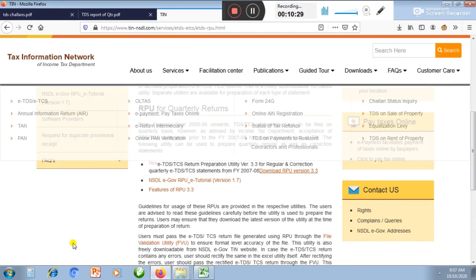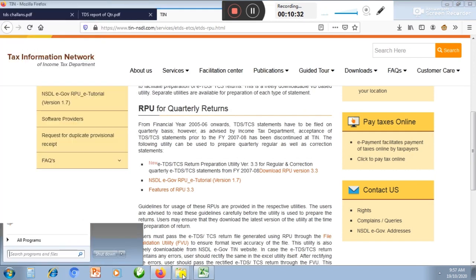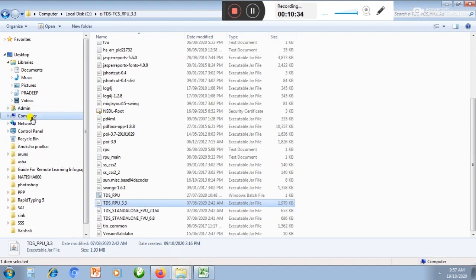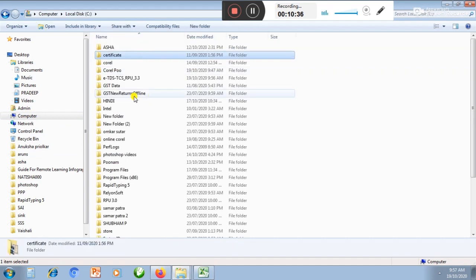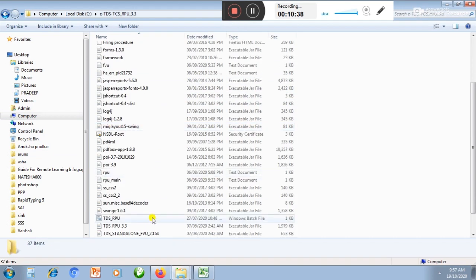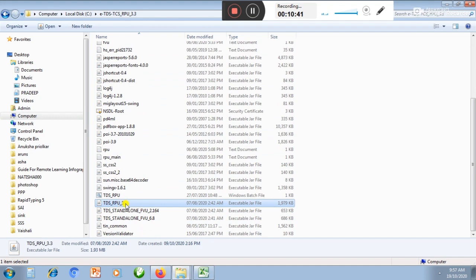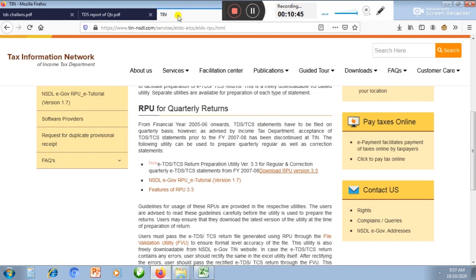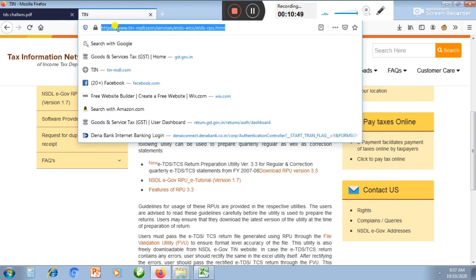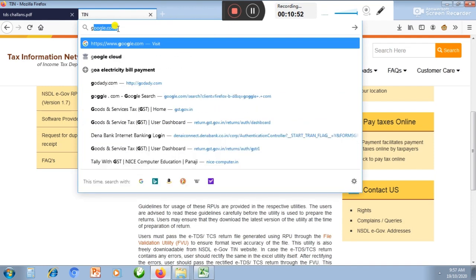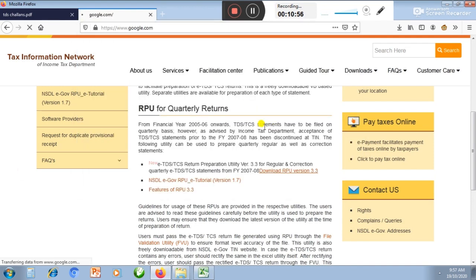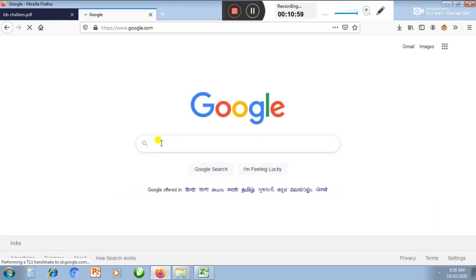Okay, if it is not running, then what you do: go to my computer, go to the C drive, there is a folder, double click on this folder and then double click on this file RPU 3.3. Suppose the software is not running, then go to the internet, go to google.com and just type here download Java,